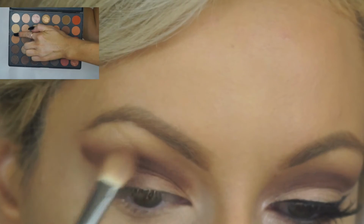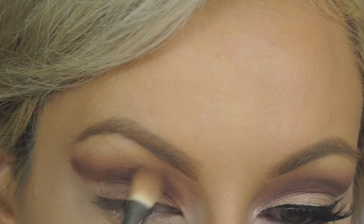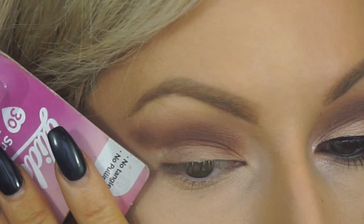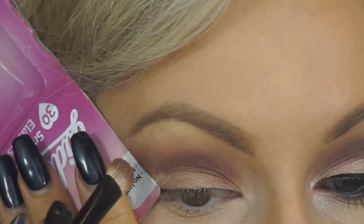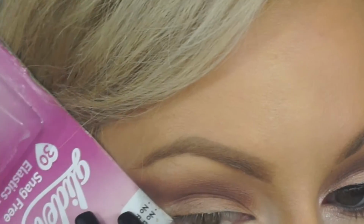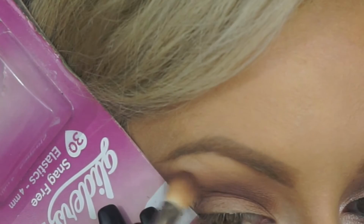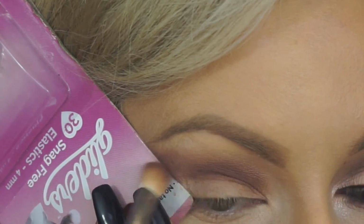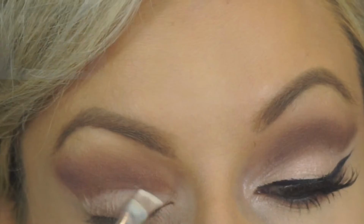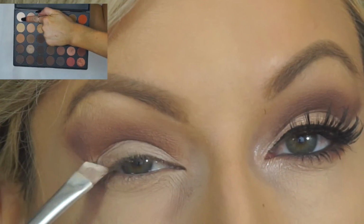Again, buffing in any harsh lines. There's nothing uglier than harsh lines. Now, here's another little tip if you want to get a nice sharp edging, which is what I'm doing here. Just grab any piece of cardboard. This happens to be my hair elastics cardboard, and just hold it on that area, and that will give you a really nice, clean, crisp wing area, so that when you do go in and do the lid,